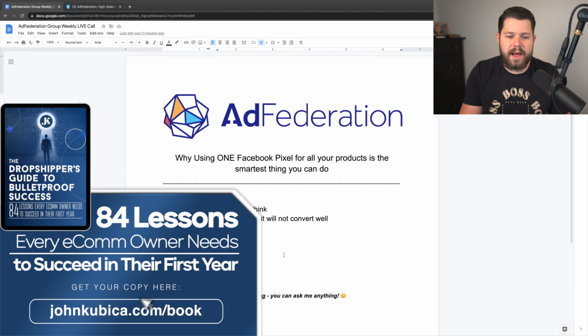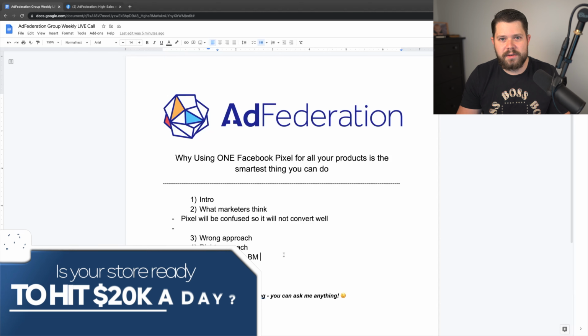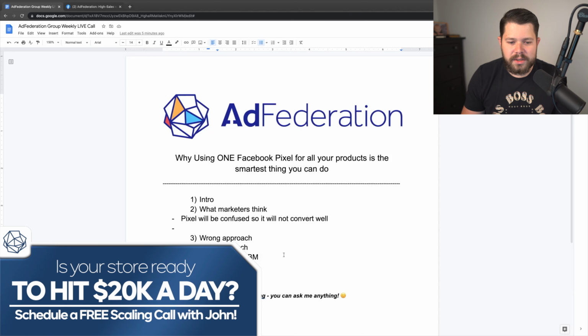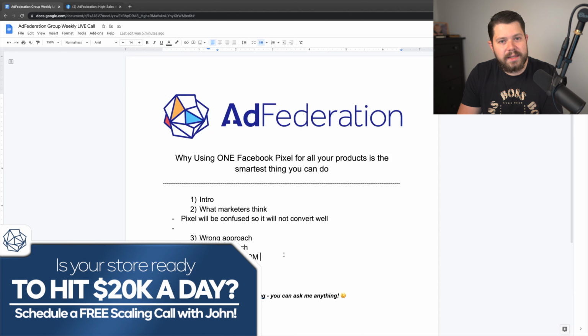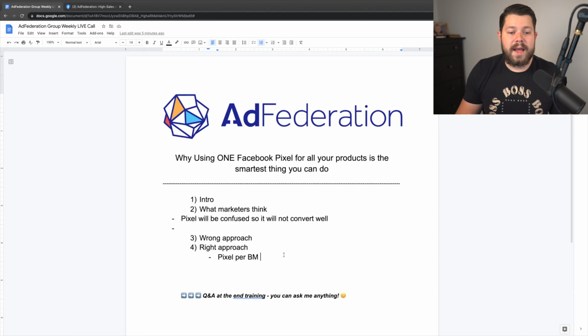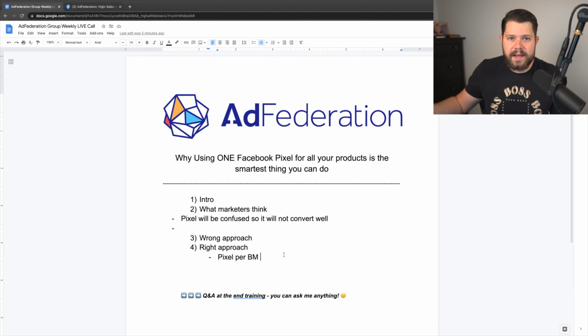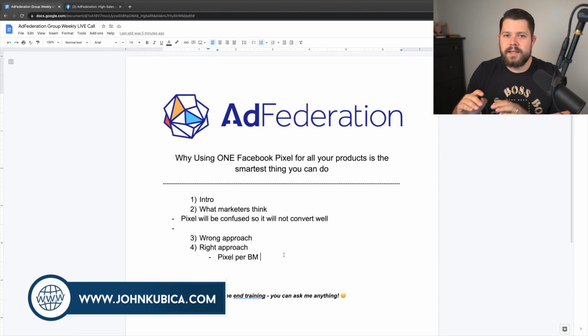That pixel will basically help you to scale when you have that working ad and that working product, okay? But it's definitely not the reason why your product works or not. I restarted my promotions many times. I restarted my stores and business managers many times in the past with no data, nothing, and it worked, okay? Products that worked on different business managers worked again, even with a pixel with no data. So if you are not successful, it's because of the product or ad, it's not the pixel, okay?